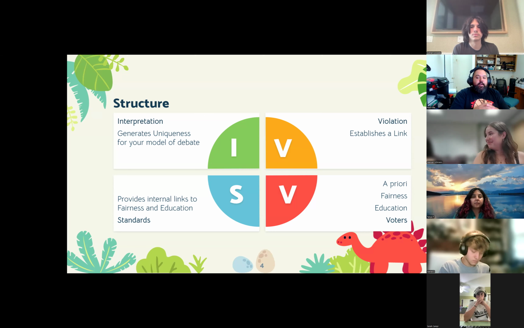And then voters, just keeping it simple, are always the same things: a priori, fairness, and education, right? When we say a priori, we obviously mean a gateway issue coming first, something you have to decide first. Now, obviously, in the context of debating against K affirmatives, where we'd be reading something like long form framework, which will be baked into the T discussion here and the spec discussion here, you're going to have a debate, almost certainly,